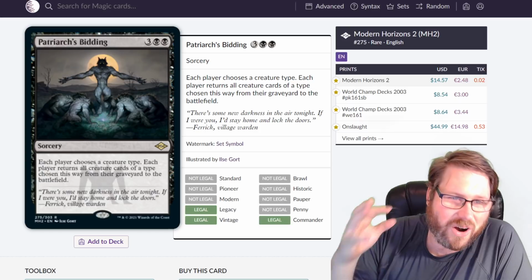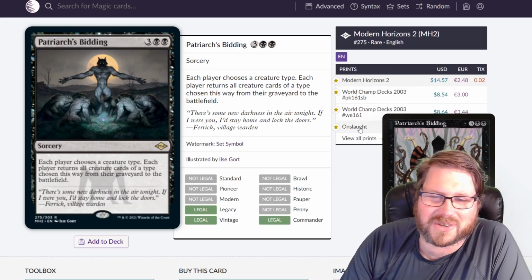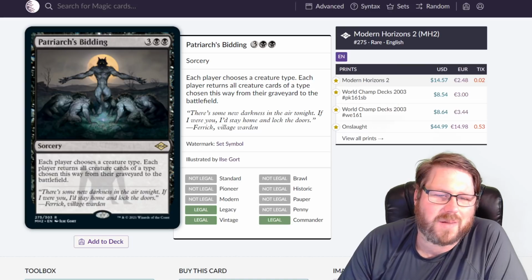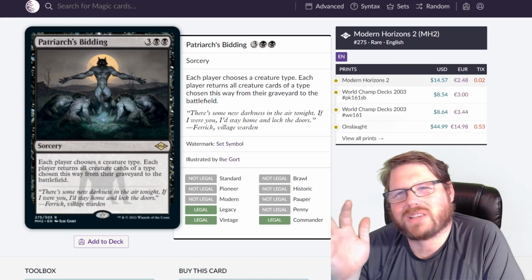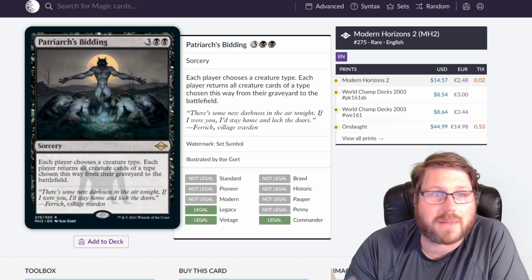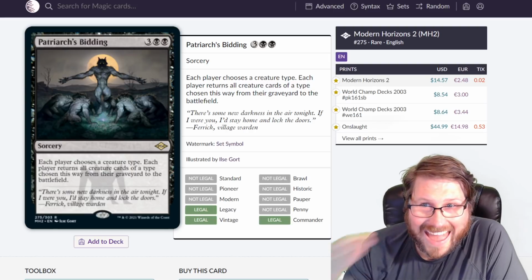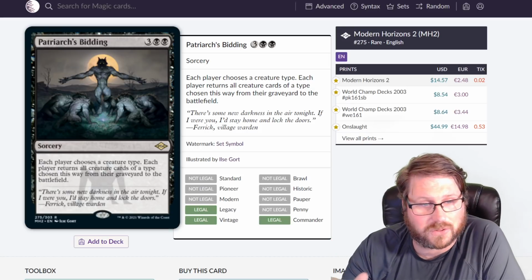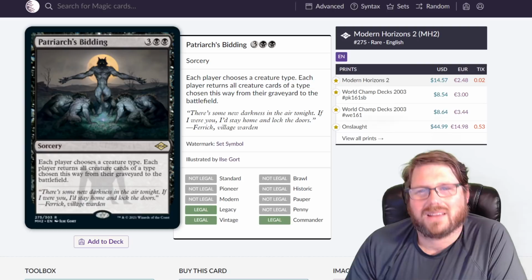This was a card above $40 from original Onslaught, and it never got a reprint until right now. It's so good. Now, some people have shied away from Patriarch's Bidding because it is a symmetrical effect. Your opponents can choose something in their graveyard, a creature type, and return it to the battlefield. And you have to be okay with that. But